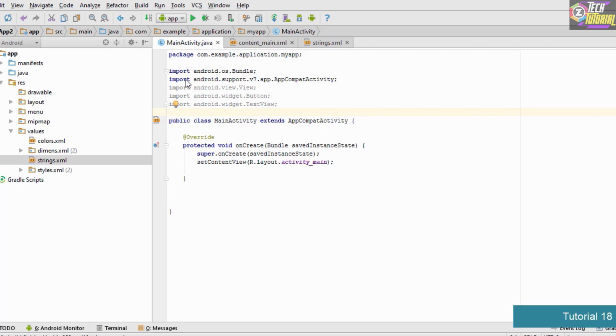But before directly jumping into the code, I wanted to explain certain things about event handling. Basically, event handling consists of two parts. The first part is listening to the event, which is also called the event listener, and the second part is called the callback method.